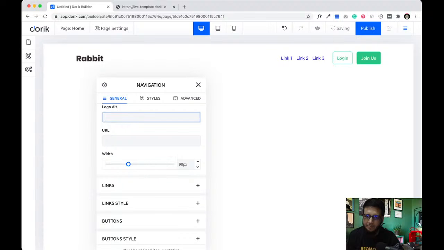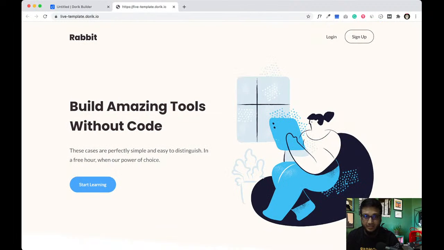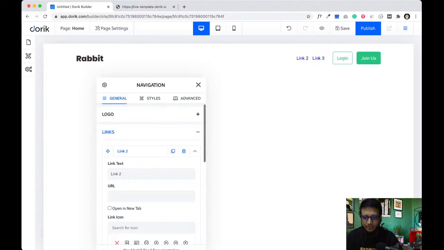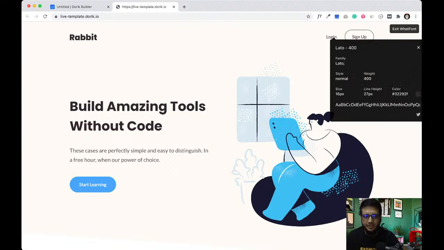So, rabbit rabbit logo. And if you want to put any URL on the logo, when we click on the logo, you can just put any URL. So that's the logo part of the navigation. And now links. We need just one link, and it's the login. I'm gonna delete all the others, 1 2 3, and just keep login. And also you're gonna see the color. I'm just gonna pick the color from this text, and here it is, the color.